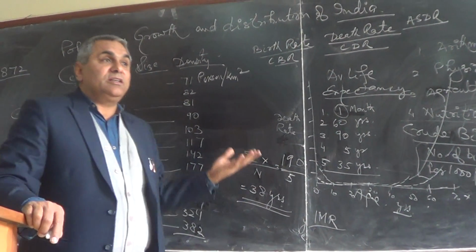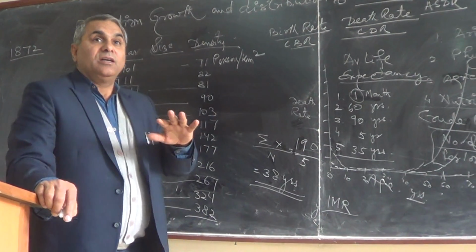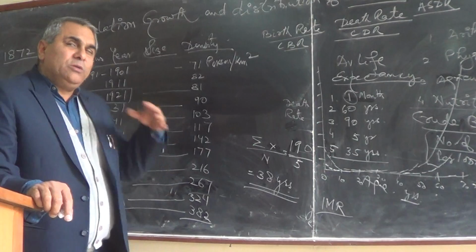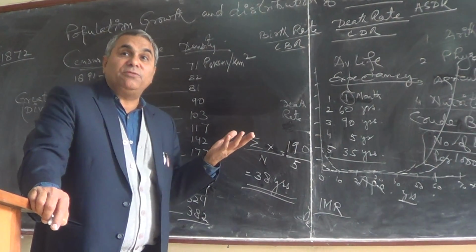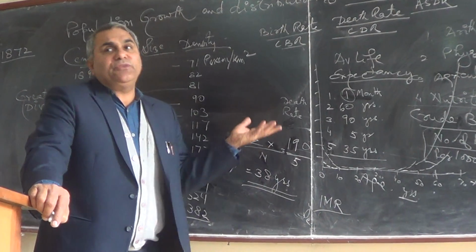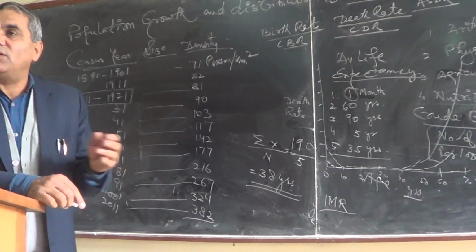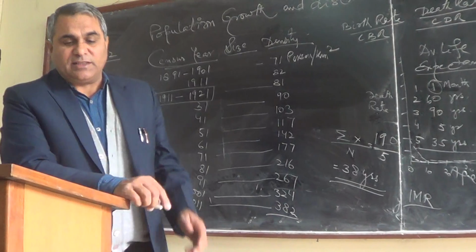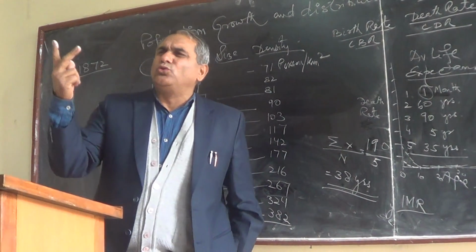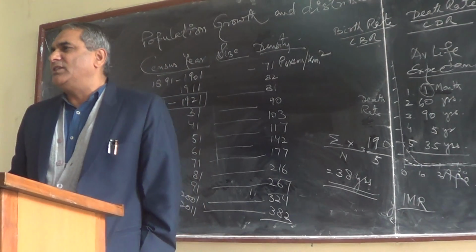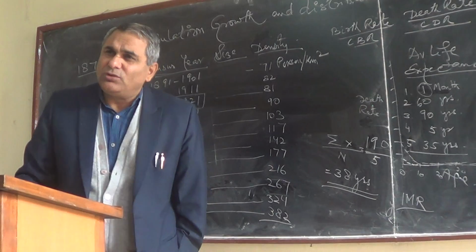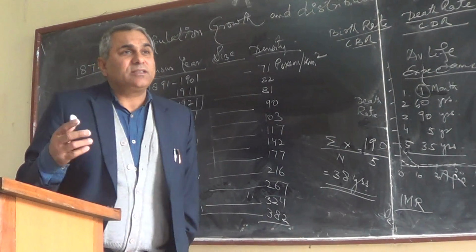Now we determine the gender based death rate, how many males and how many females died in a year. So females have higher average life expectancy. Not only in India, everywhere in the world, females have higher average life expectancy, like 1 to 2 years more than the male partners. Why is it so? Can you give some idea why this happens?